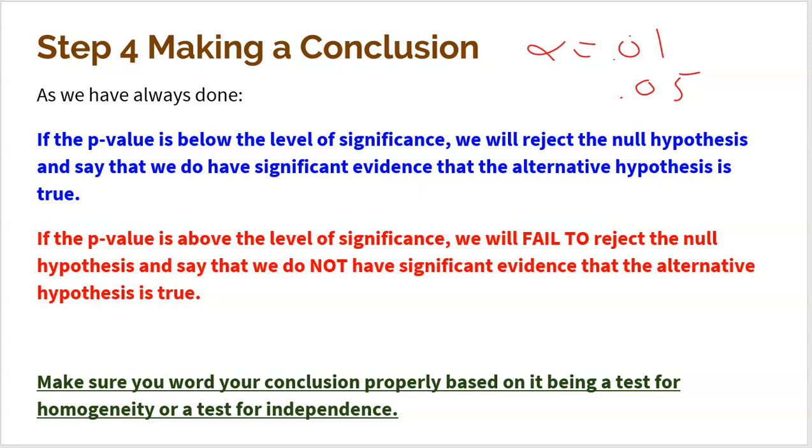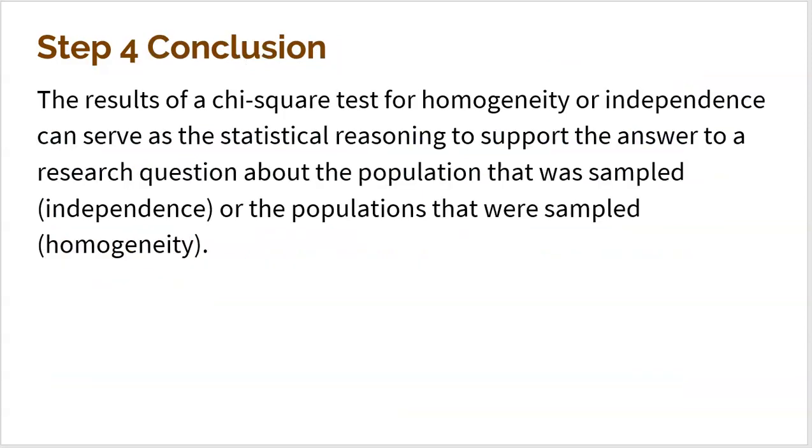If it's a test for independence, we're looking for, is there an association? So if you reject the null, you would be saying, yes, there is an association between variable this and variable that. All right. So make sure, the results of a chi-squared test for homogeneity or independence can serve as statistical reasoning to support the answer to a research question about the population or populations that were sampled,